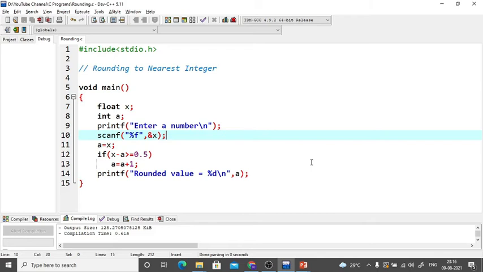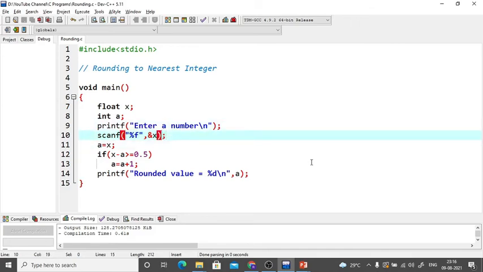I've taken the fraction, I've stored it in an integer so that it gets truncated, and then I've measured the offset. So the offset, that is x minus a, if it is greater than or equal to 0.5, then my a deserves to be a plus 1. And if it is not, it has to stay at a itself. That's the logic.